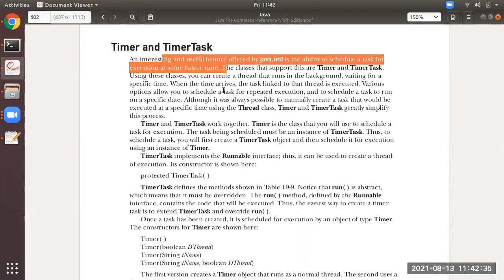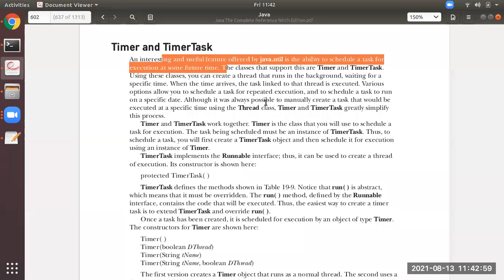What is an alarm? You will set it to ring the bell at some point of time so that you can get an alert message, like alarm watches. We will set the time for the morning to wake up early, 4 o'clock. So at 4 o'clock, a bell will ring. Okay, so that kind of achievement we can achieve by using the Timer and TimerTask classes.